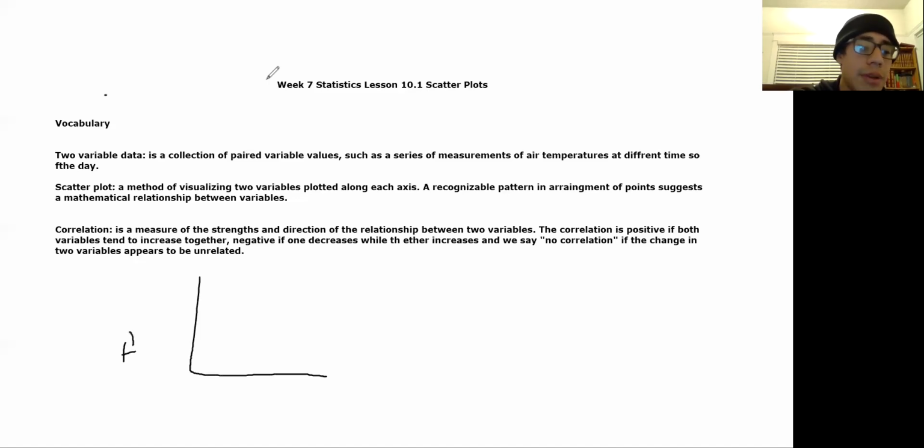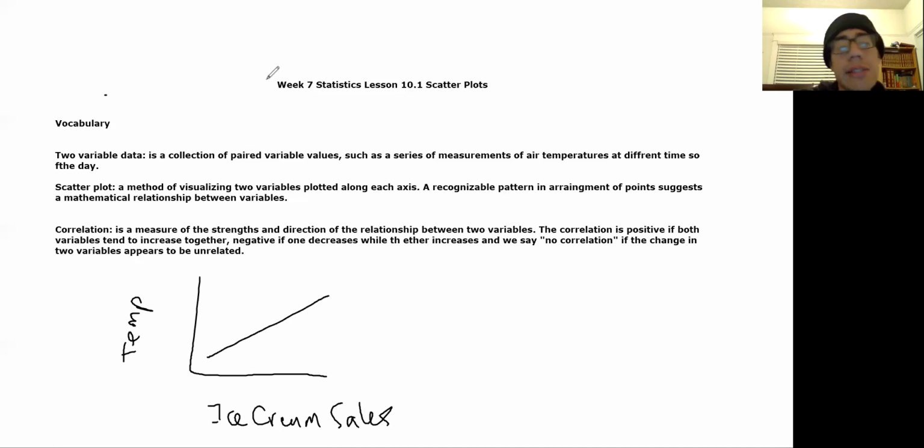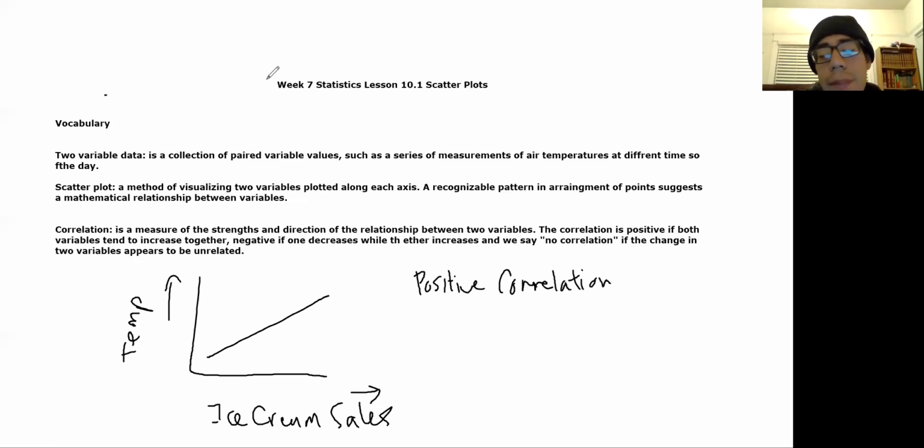This is going to be just the temperature, and this is ice cream sales. And then there's a line like this, right? Now, what this is saying is the more ice cream we sell, the higher the temperature. There is a relationship between these two, but it only really works one way. There is what we call a positive correlation,